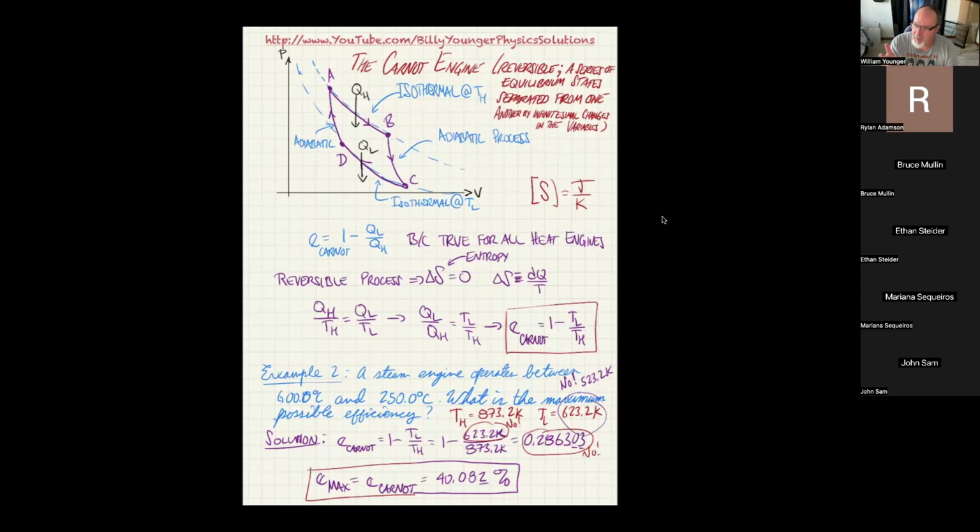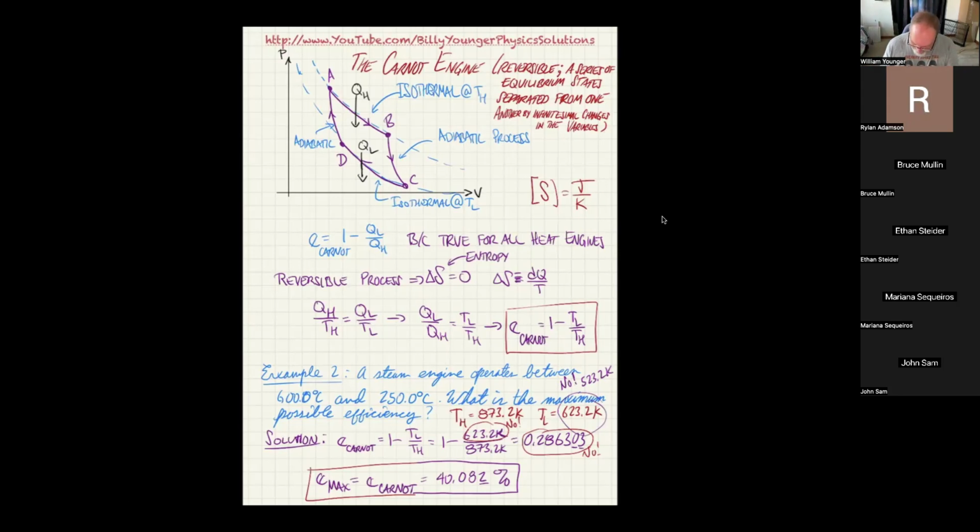And the fact that it's reversible means that if you go ahead to one of those equilibrium states and you want to get back to the other state, you just reverse it, and you'll end up going right back through the same line. That's what makes it reversible. The fact that it's reversible tells us that the entropy doesn't change, which allowed me that really quick and dirty shortcut by saying that S when the heat was being added was equal to S when the heat was being lost. So I got QH over TH equals QL over TL. That allowed me to replace QL over QH with TL over TH for the Carnot efficiency. And that's the equation you need to be able to use.